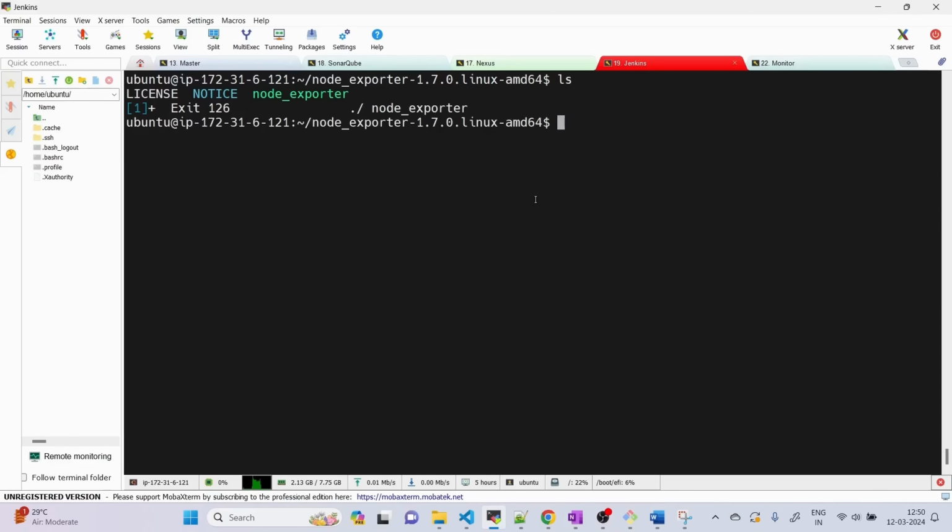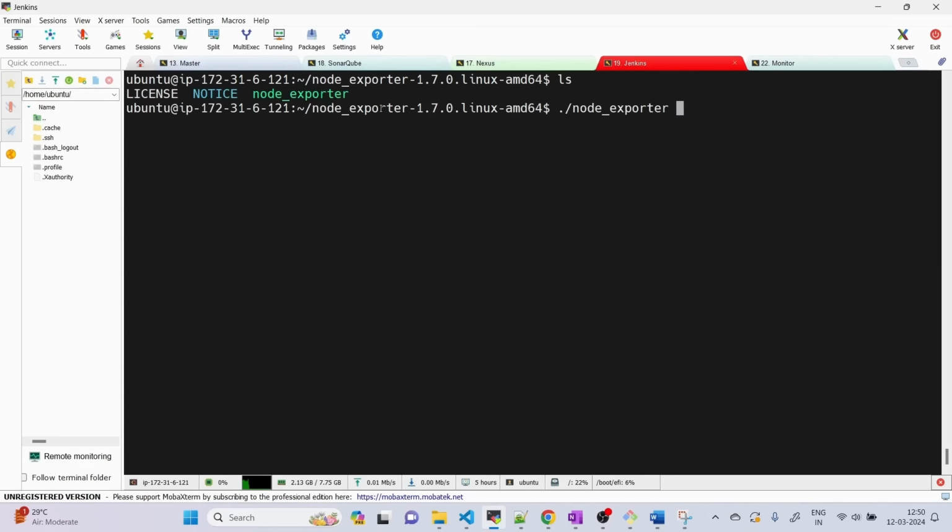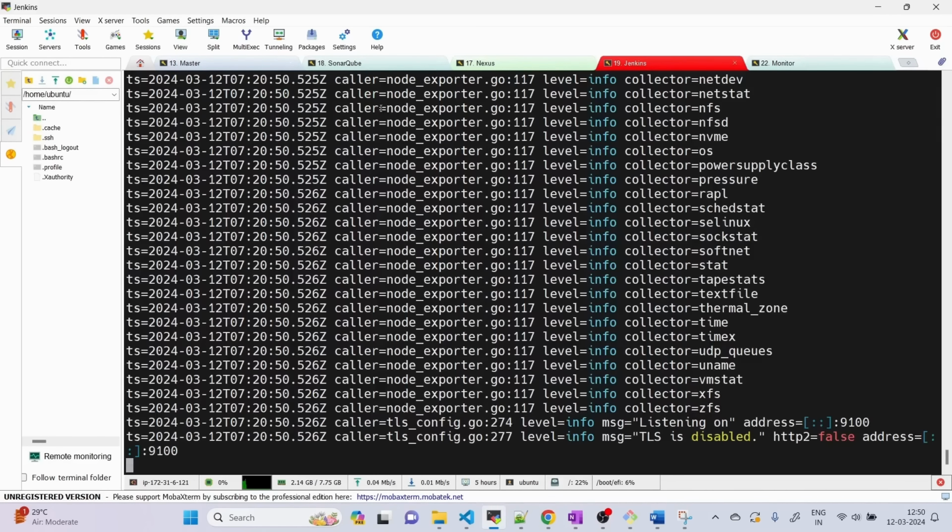One second, give me 1 second, let me fix this. Git repo, node exporter. Okay, I think this is an executable file, it is supposed to run actually. Let me see, and ampersand. Okay, now it has started, and one more thing that you can notice here, it is running on